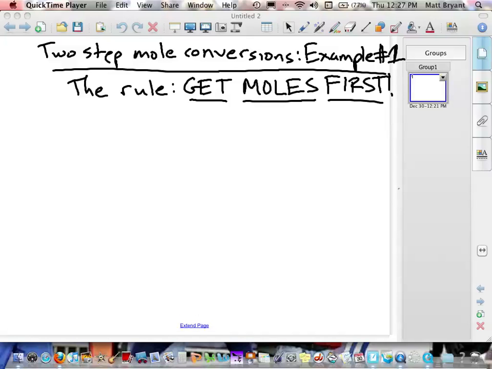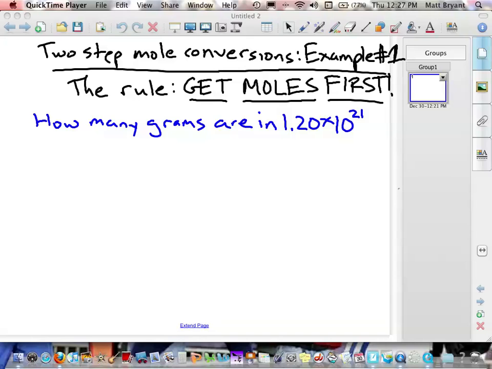So now, what we're looking at in our first example is how many grams are in 1.20 times 10 to the 21st molecules